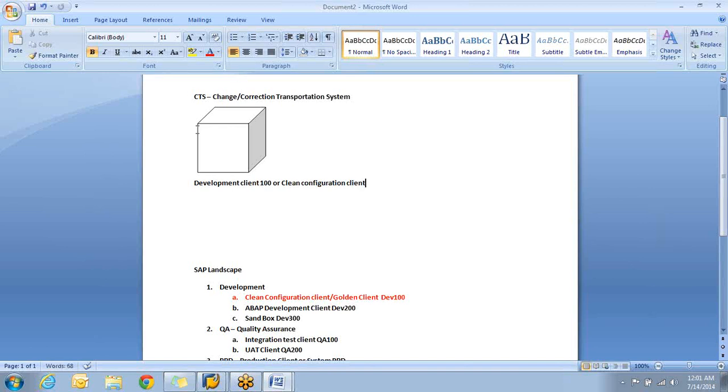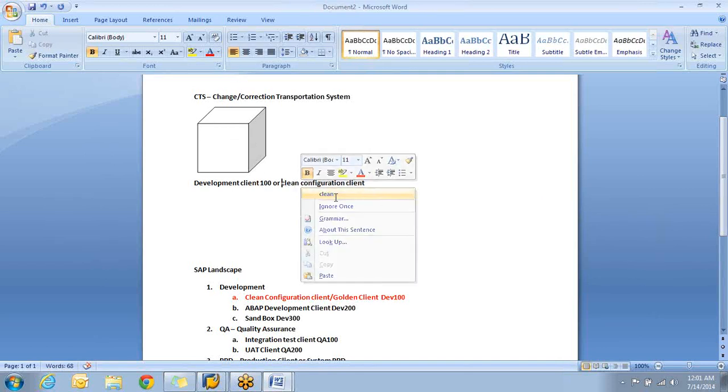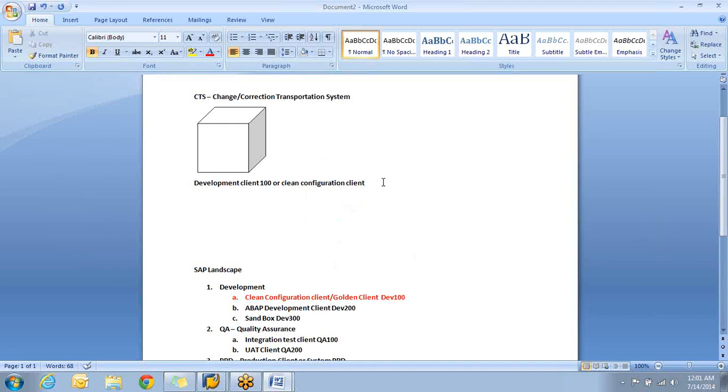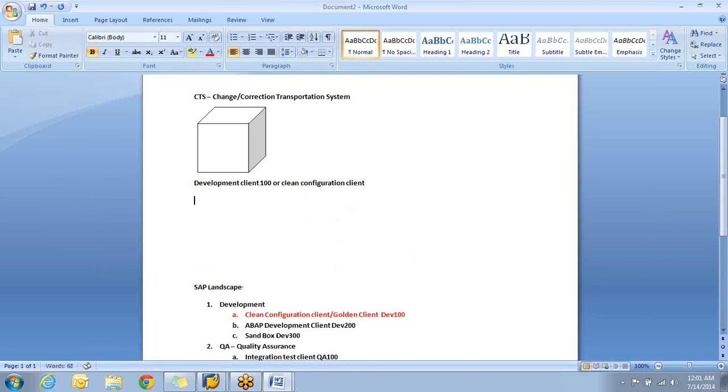Okay, so first I'm going to make, in the clean configuration client, all the configuration changes or corrections. Then to move this to